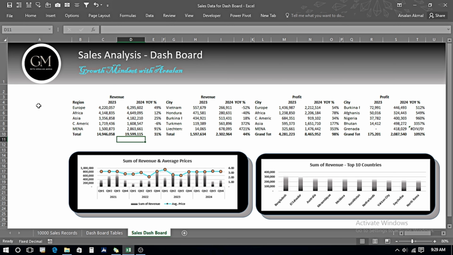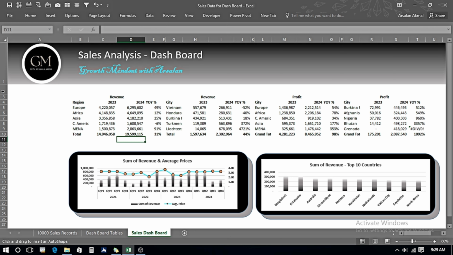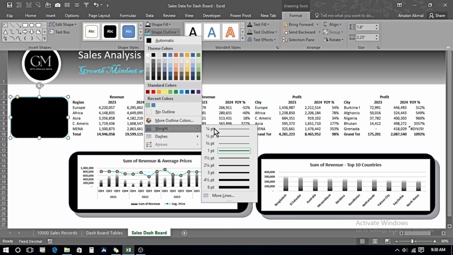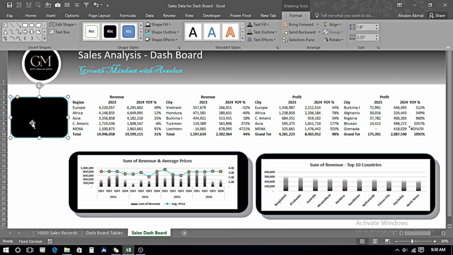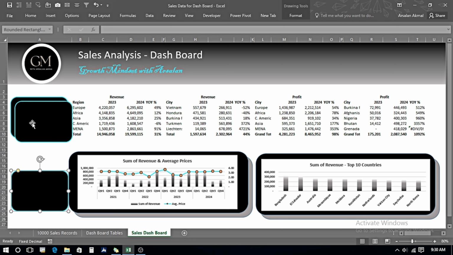Now I will be picking up the data from my summary table. Again, we go in the Insert, in Shapes, and I'll select the rounded rectangle. I'll make the first rounded rectangle over here. Go in the Format, change the height and width. Go once again in Format, Shape Fill is going to be black, which goes with our theme, and Shape Outline will be this color, and I want the weight of the line to be 1.5 points. Just copy it and press Ctrl V 2 times to make 3 copies of it.